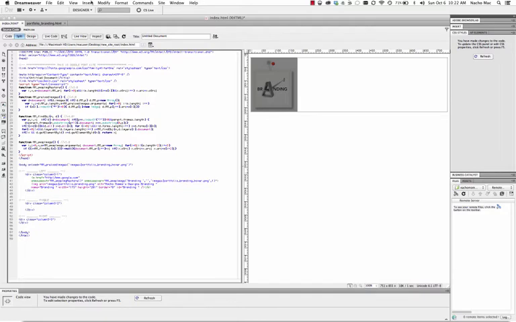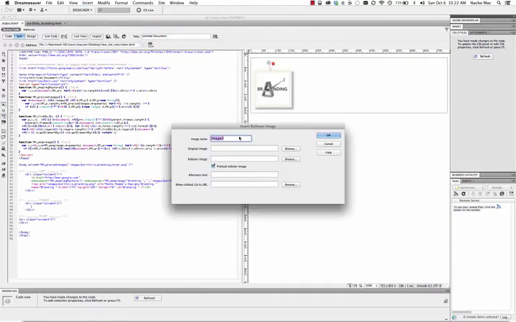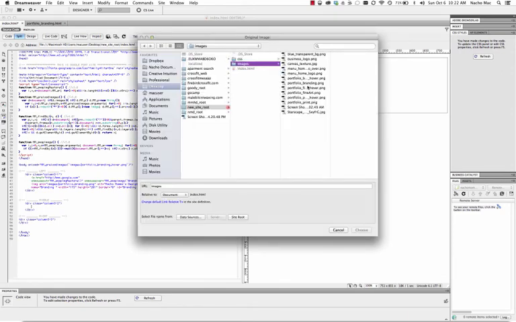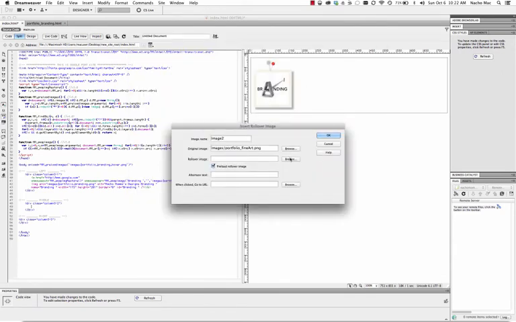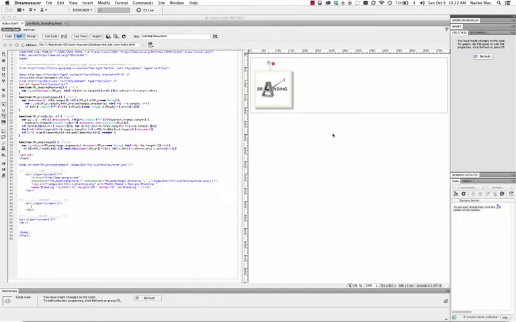So insert image objects, roll image, and browse, and printer, hover. I'm going to send this to Facebook actually, just to make it so that it's going someplace else. Okay. And then